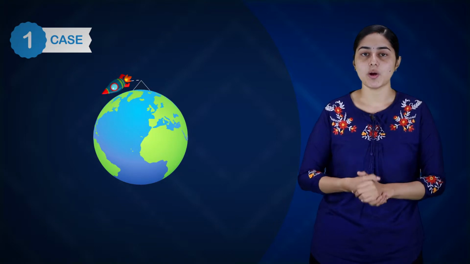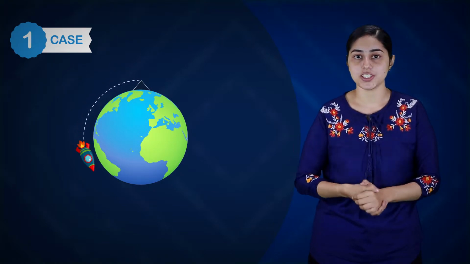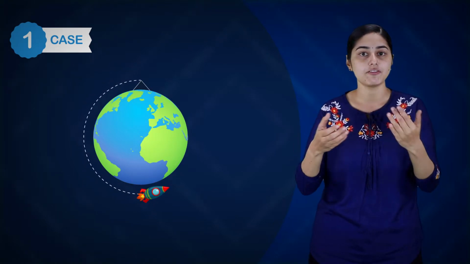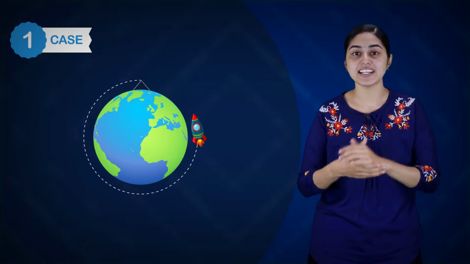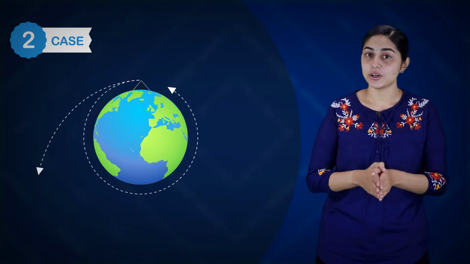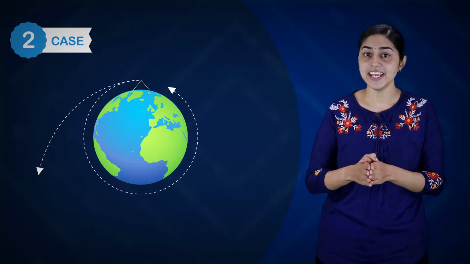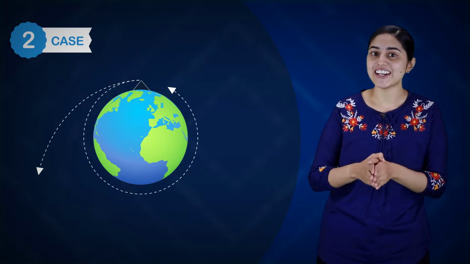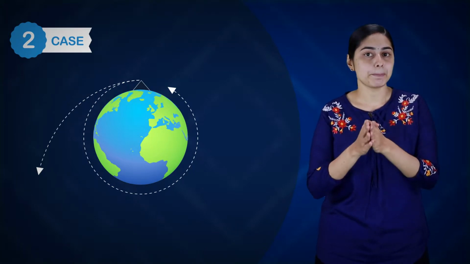Let us now analyze what happens to an object with certain velocity and the path it takes. Case 1. Suppose we launch a rocket with certain velocity which is less than the escape velocity. Then the rocket will fly for some time and eventually come down. Case 2. When the velocity of the rocket is equal to the escape velocity, then the rocket will go far away to infinity to completely escape from the gravitational influence of the Earth. The path taken in this case is a parabola.